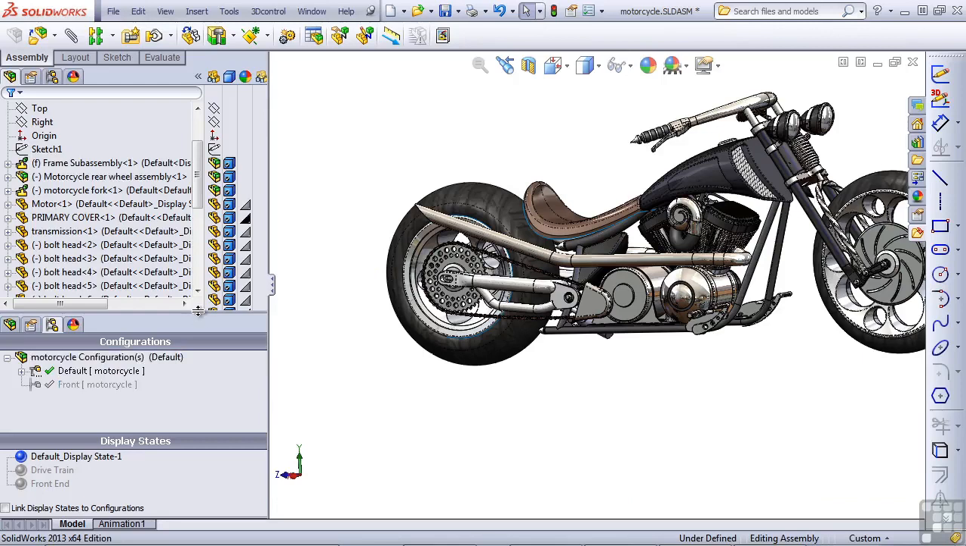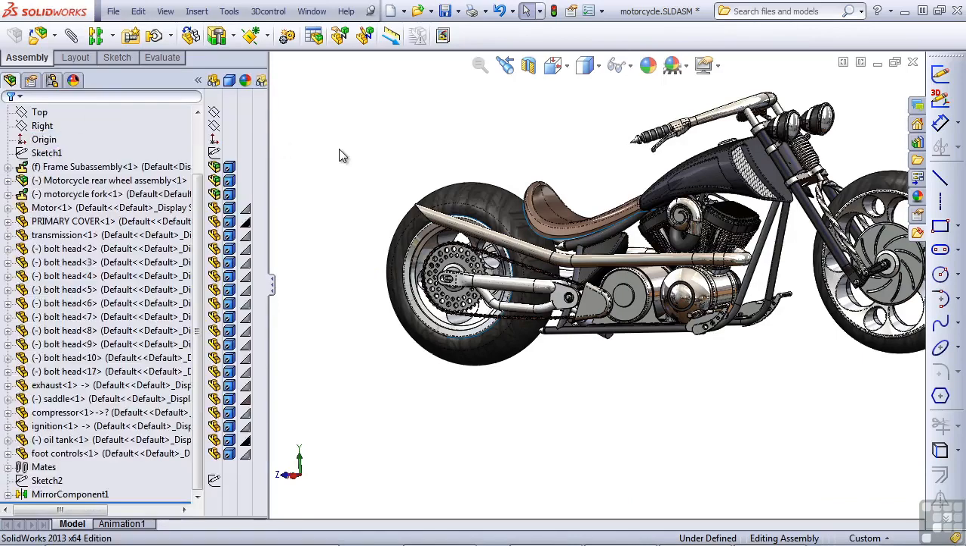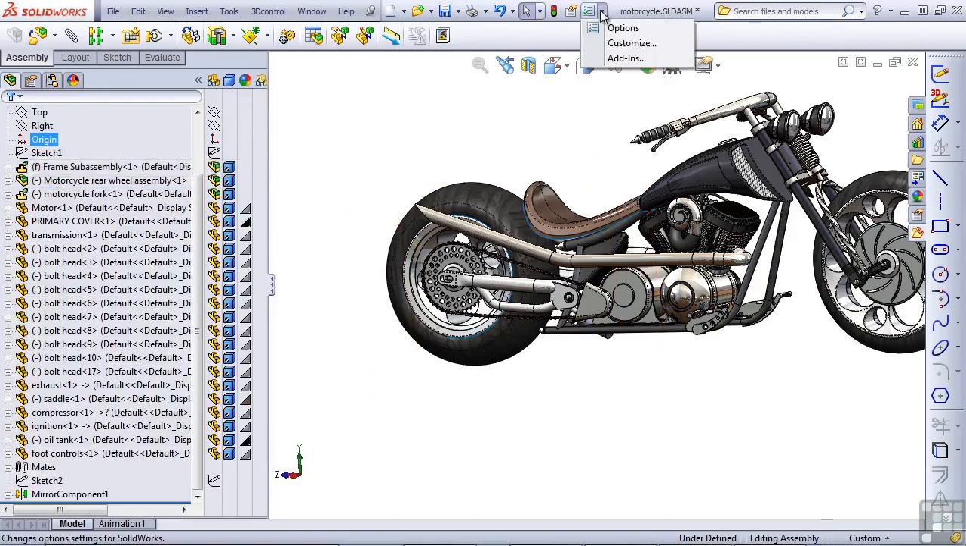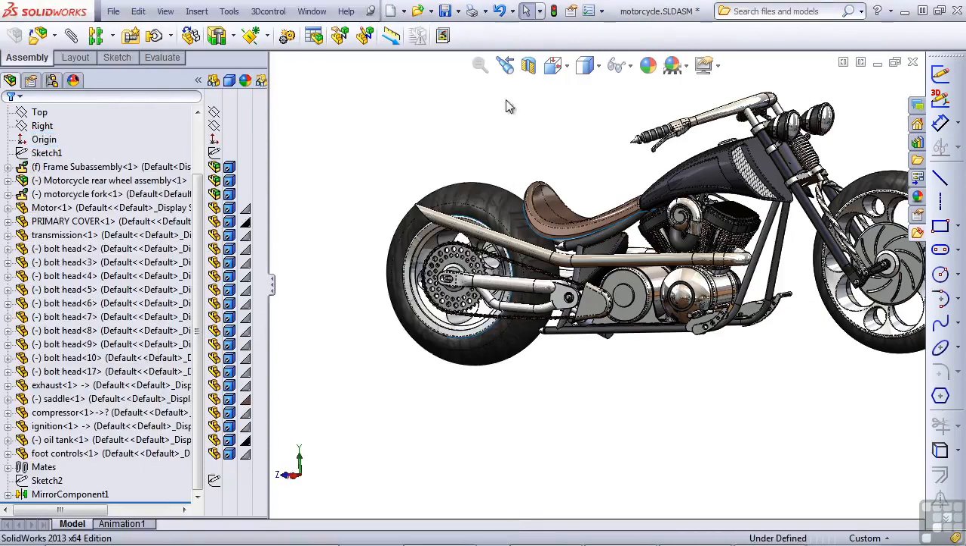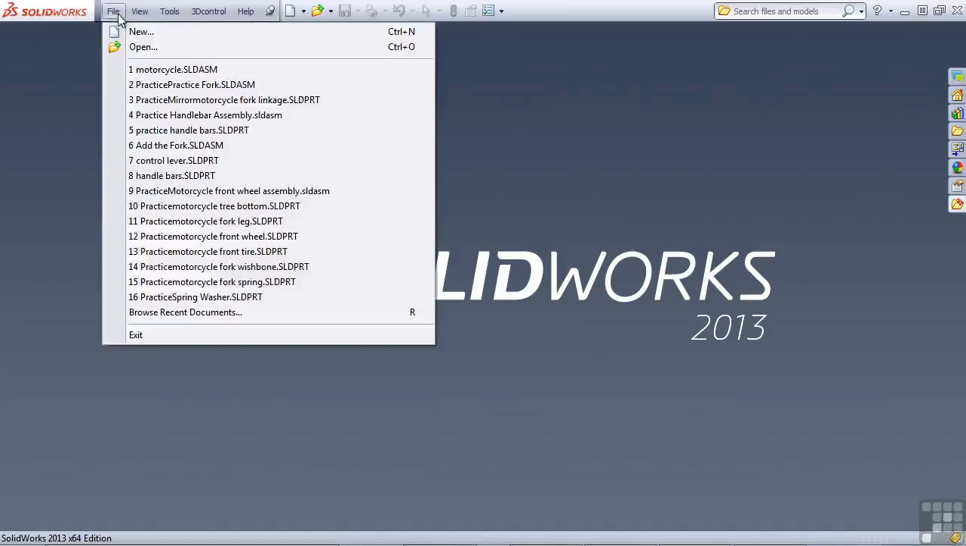Using lightweight is a different issue. For many users, lightweight is something that just happens when they open the assembly, because in Tools Options, under Performance, automatically load components lightweight is an easy way to start out. And again, this will have more significance if you have assemblies that number in the hundreds or thousands of components. If I leave that setting turned on and get out of this assembly and then open it back up,